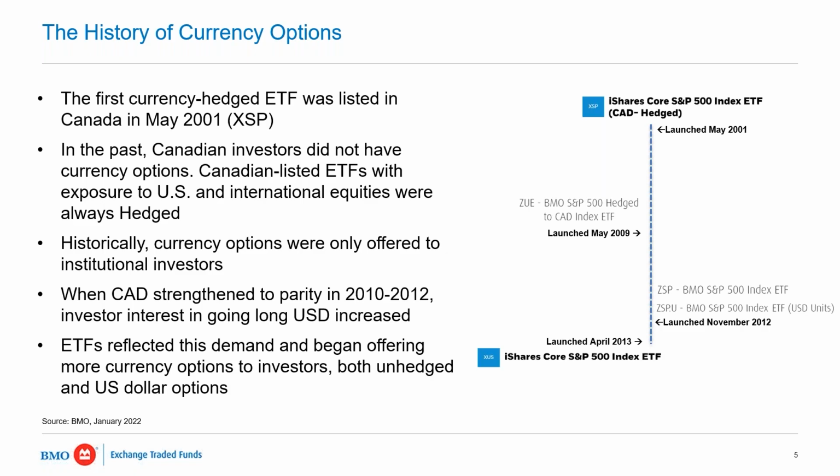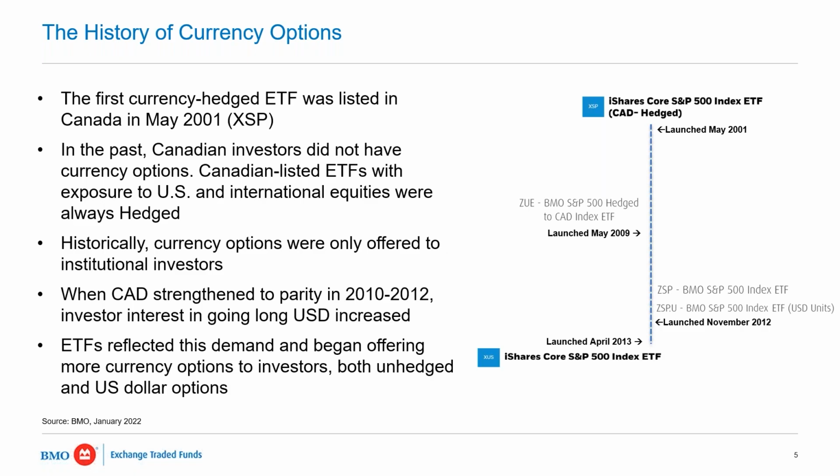So anytime you're investing in foreign countries, if say you're investing in a US equity, you're going to have two sources of return. You're going to have the equity return in the local market and then the currency return. So something Canadians have always gravitated to is currency hedge products. So as you can see there, first was in 2001. BMO ETFs launched its first currency hedge product, the ZUE, in 2009, one of the original BMO ETFs, launched 12 years ago now, or 13 years ago, I suppose.